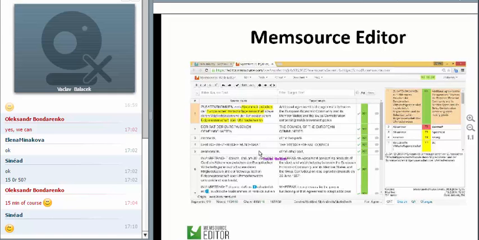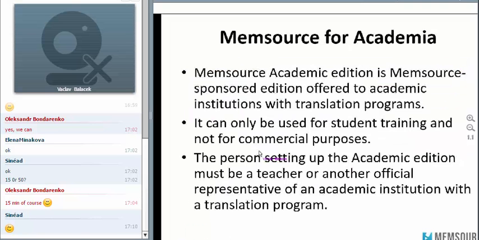And before we actually go to the product, let me talk a little bit about what Memsource can do for universities. So Memsource Academic Edition is a Memsource sponsored edition offered to academic institutions with translation programs. It can only be used for student training and not for commercial purposes, which is quite obvious, I believe. The person setting up the academic edition must be a teacher or another official representative of an academic institution with a translation program. So we offer free academic editions to universities